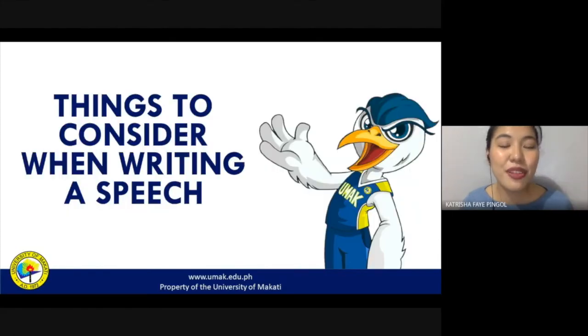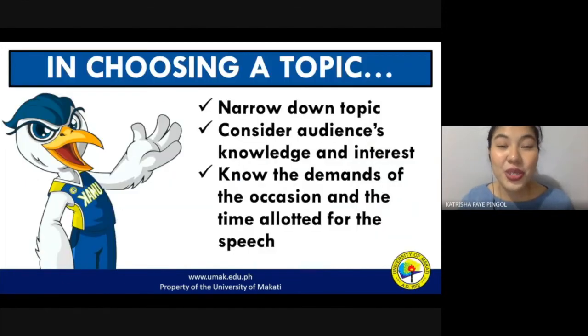Now, what are some of the things that we have to consider when we are writing a speech? First and foremost, in choosing a topic, like what I have mentioned earlier, narrow down the topic and make sure that the topic you have chosen is something that will be of interest to your audience, something that they could learn from or something that they already know of. Aside from that, in choosing a topic, you also have to know the demands of the occasion and the time allotted for the speech. So what do we mean by